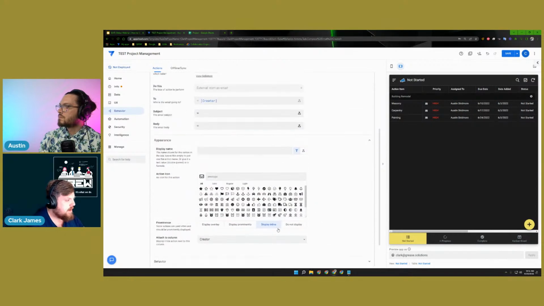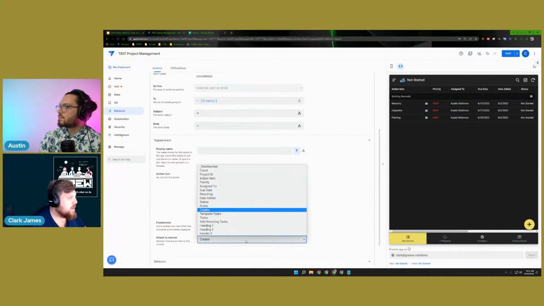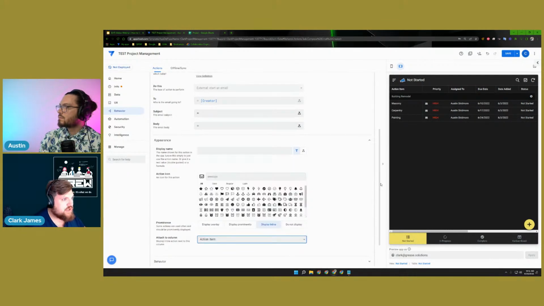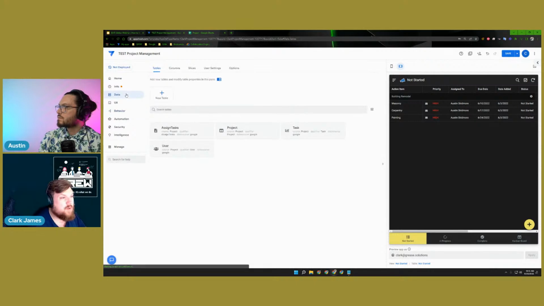But let's say we have, so you can see it's display inline. I have it attached to the creator column. Let's say I want to move it to the action item. You'll notice that the action item disappears, right? So ways to get around that are to basically have either a column that you don't use, or what we're